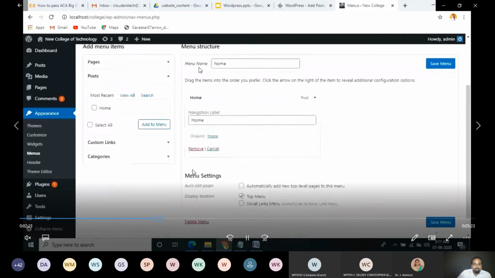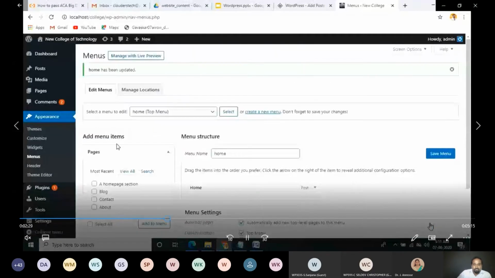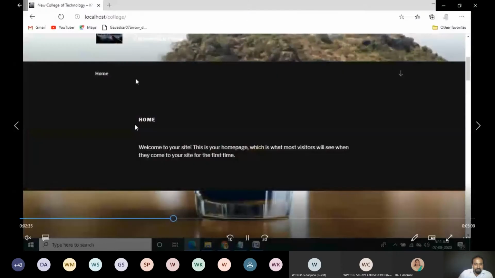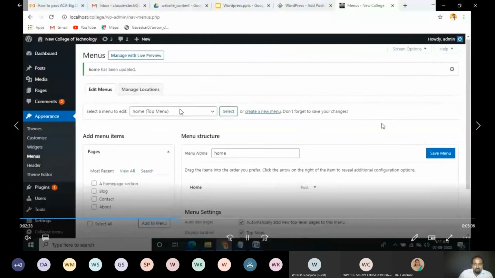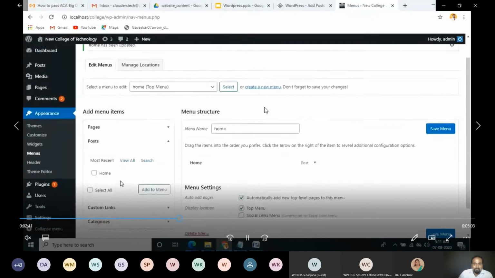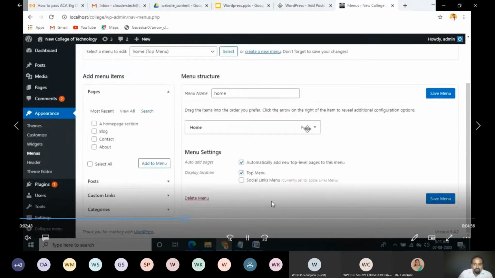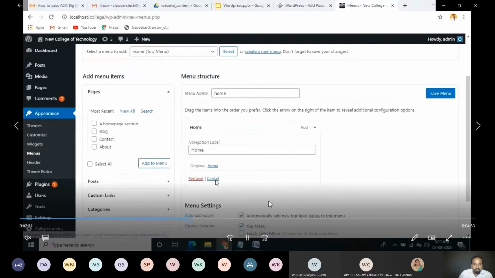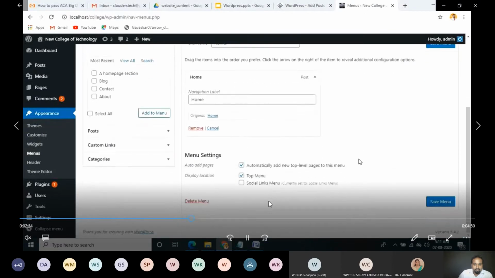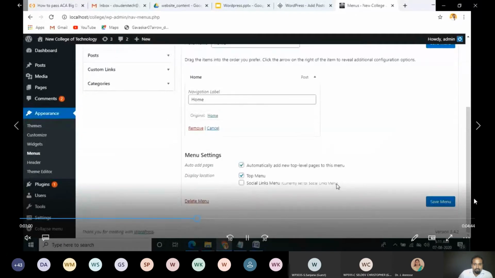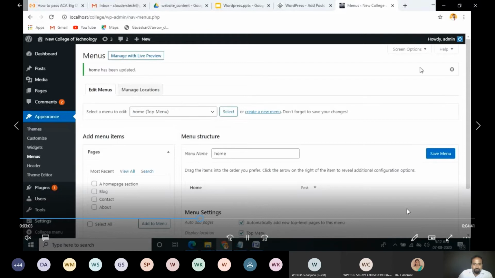First, you are going to create a post. Then, if you want to add that post in the home page, you have to create a menu. Now you see home. When you are clicking the home, so publish, save menu. For menus, you do not want to publish. Just you have to provide save menu. You have to click save menu.